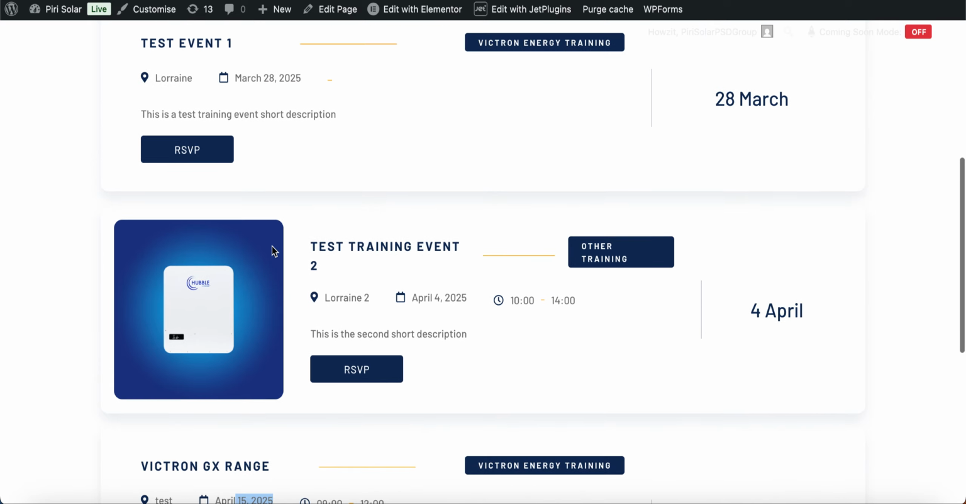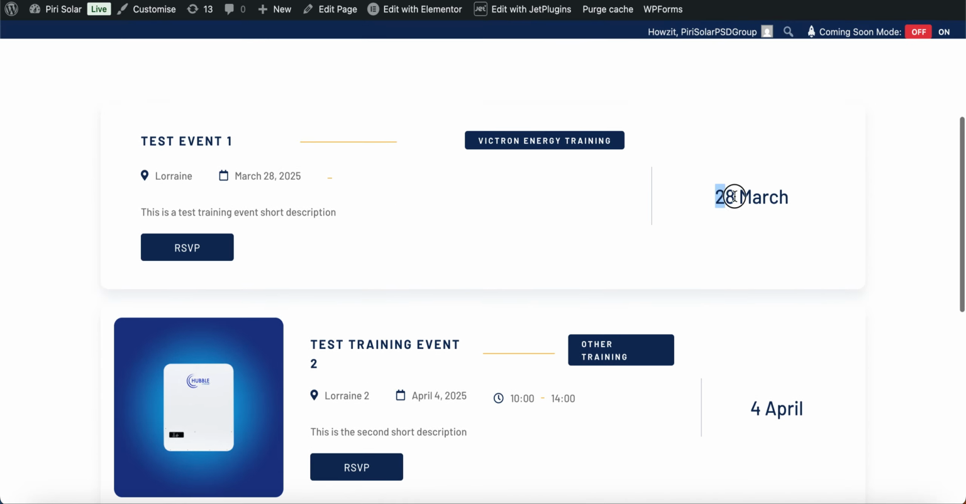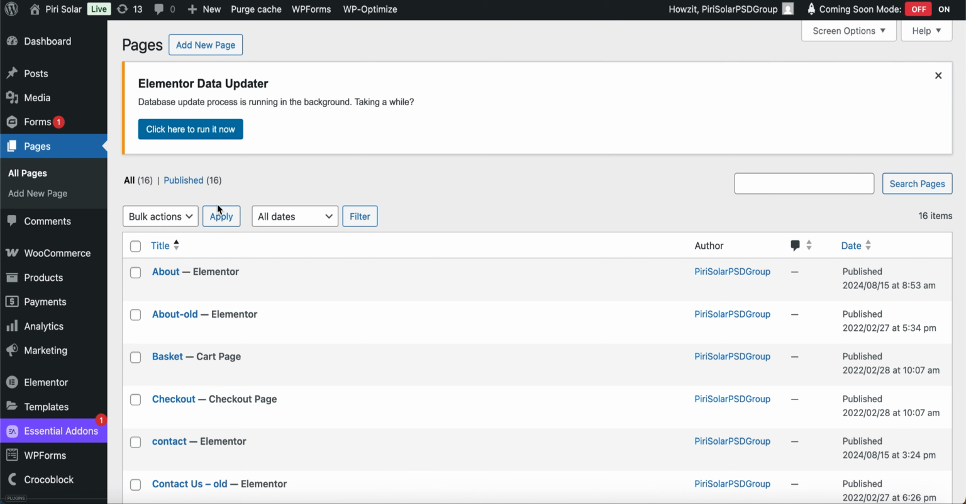Now, this has been built in a way that the next upcoming event will show first. However, as you can see, the next upcoming is the 28th of March, which is passed, but I haven't removed it on the back end, which is why it's still showing. And the 4th of April is the next date. That's why it's also showing here. Once I draft those,